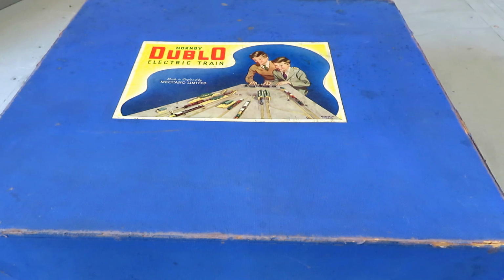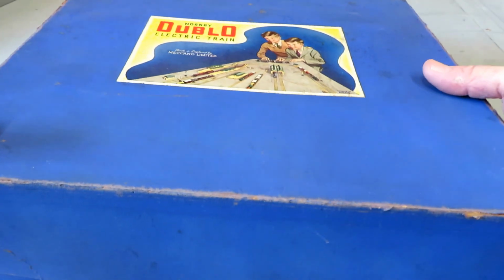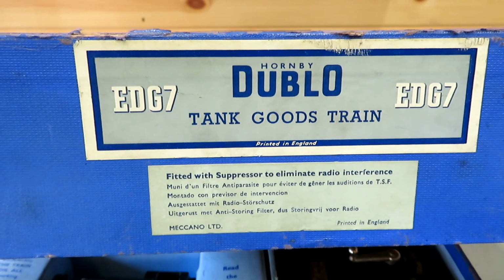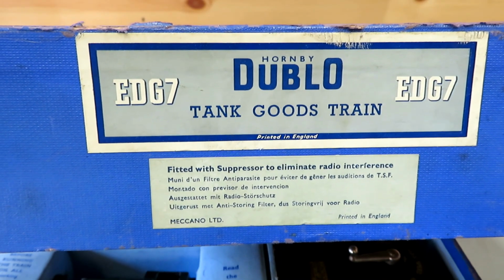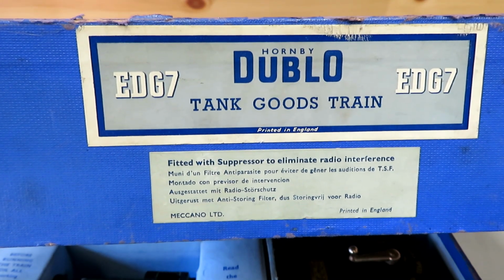So back in the late 40s or the 1950s, some lucky boy received one of these as a Christmas present or a birthday present. So let's have a look and see what set's in here. Take the lid off, turn around the label. You'll see it's the Dublo tank goods train EDG7, and it's fitted with a suppressor to